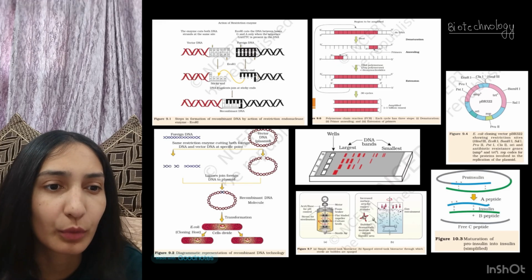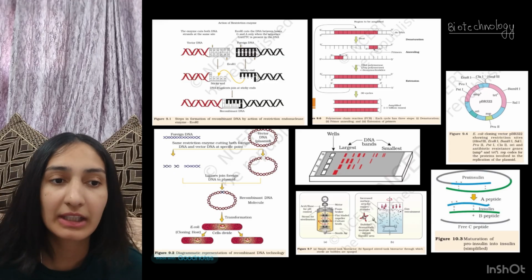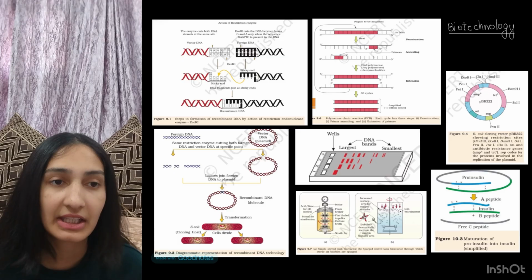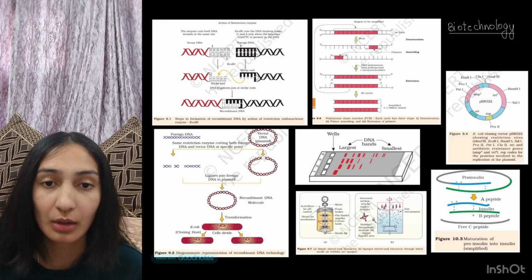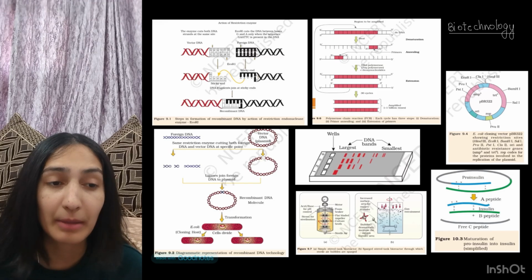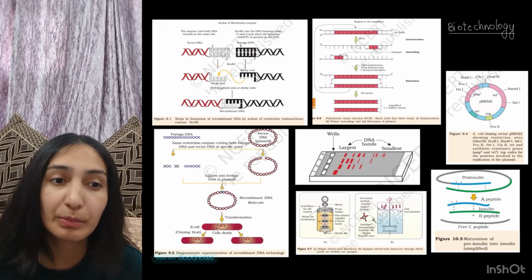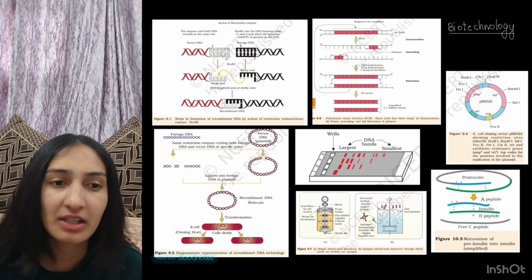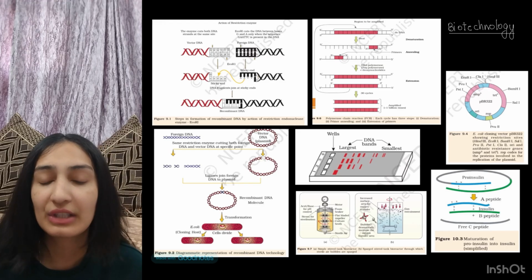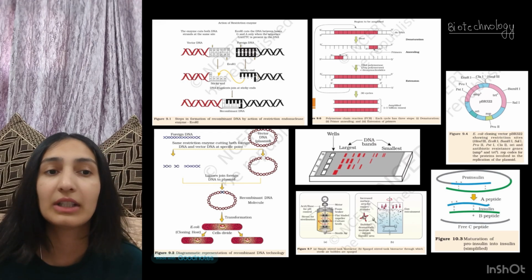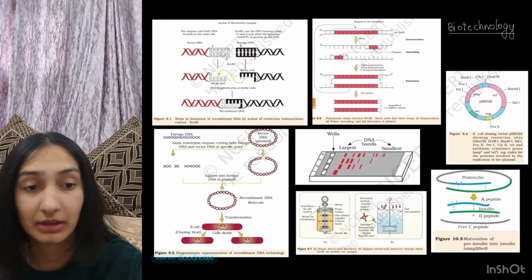Next is figure 9.4, which is an E. coli cloning vector pBR322, again very important, which shows the restriction sites. Now you should know the numbering of these and the names of these, which are HindIII, EcoRI, BamHI, SalI, PvuII, PstI, ClaI, ori, and antibiotic resistance genes, which are ampicillin resistance and tetracycline resistance. rop codes for the proteins involved in the replication of the plasmid. You need to learn this.